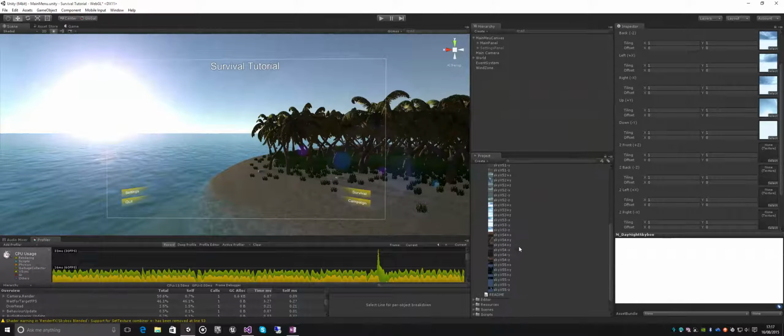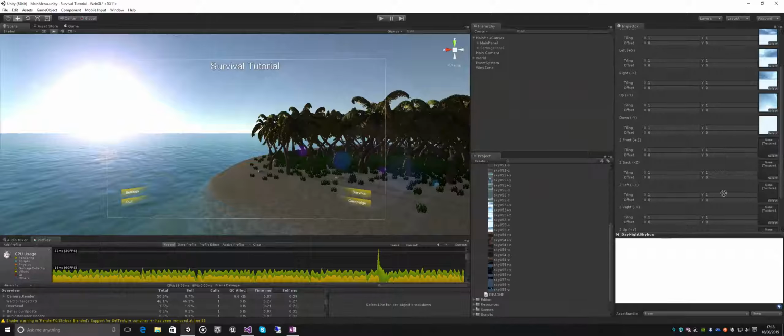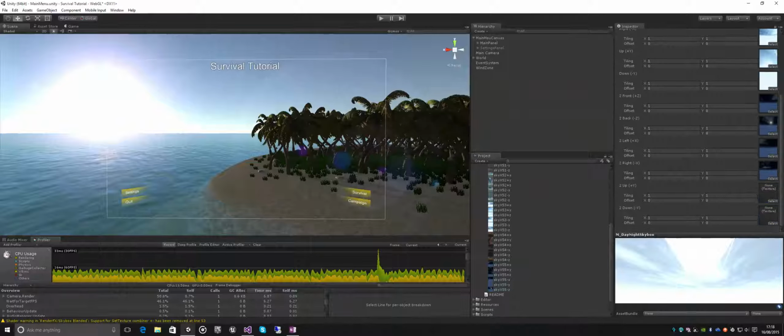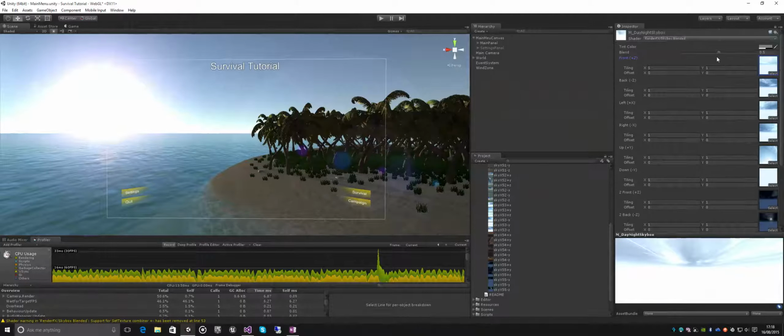For the nighttime skybox, if we go to Sky 55, go to front, which plus Z, minus Z, plus X, minus X, plus Y, and minus Y. So you can already start to see the skybox there, and if we just mess with a